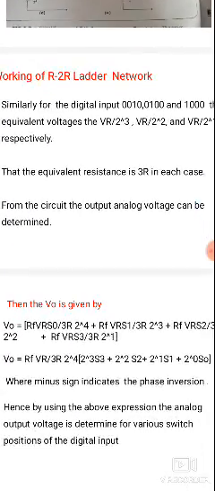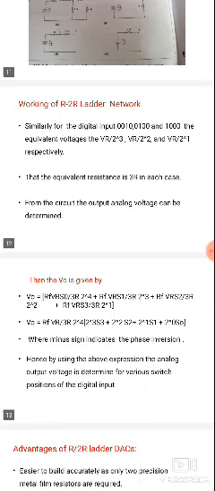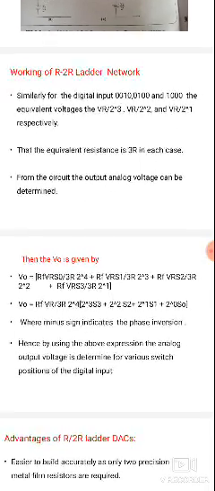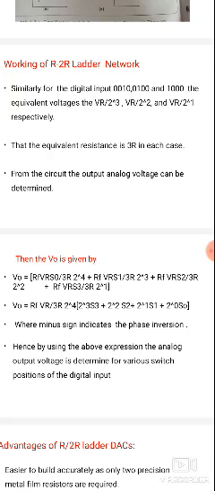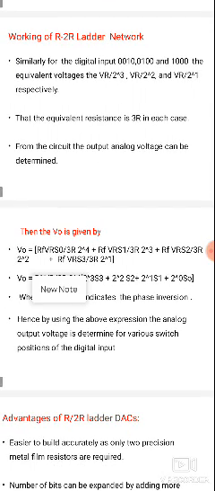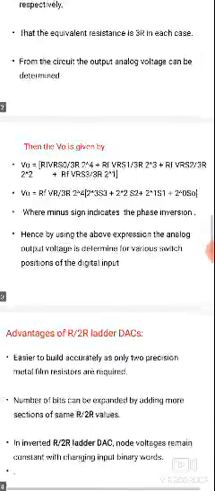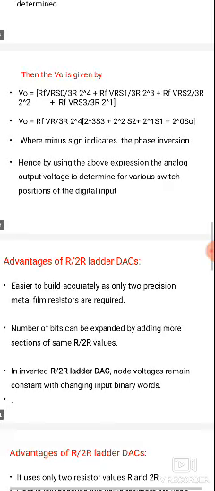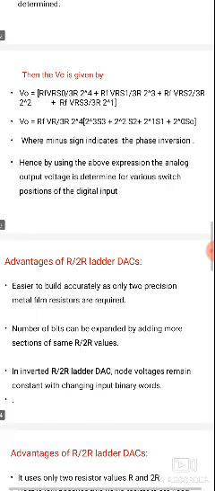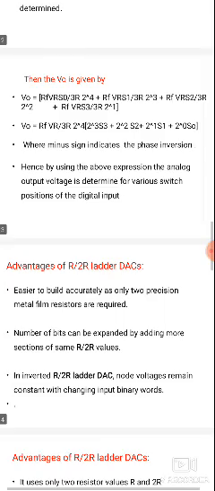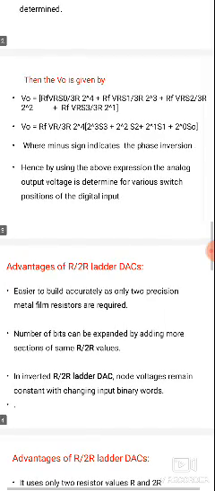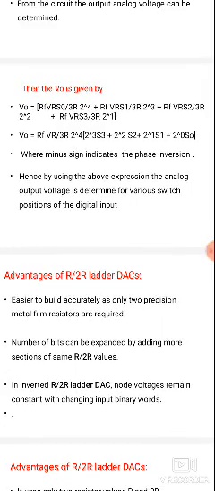From the circuit the output analog voltage can be determined. Each time the equivalent resistance is 3R, and then the output analog voltage can be determined. Next, V0 is given by V0 equals RF by